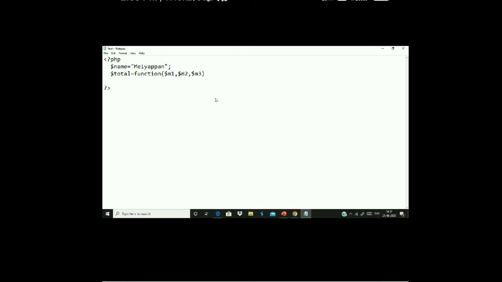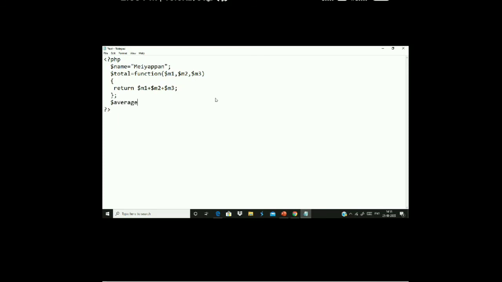Now after this, what should I do? I have to return the total. First operation, I have to total all the marks. So return $M1 plus $M2 plus $M3. After this, I should put a semicolon. So one anonymous function has been written. Now what is the next step? I have to write an average.